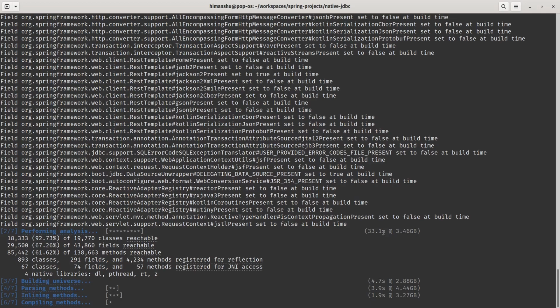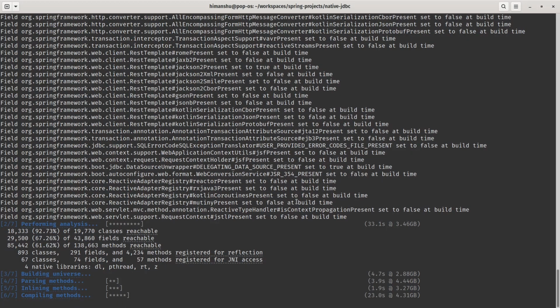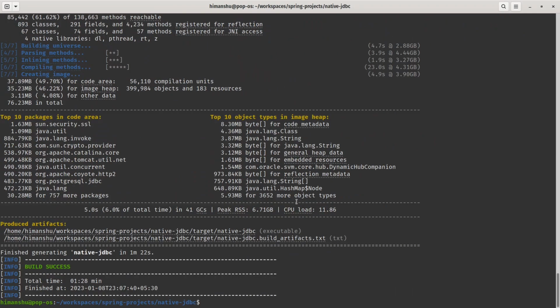So currently our image is in progress. You can see over here, it's a total of 7 steps, currently on the 6th step. Let's see, it might take a bit of time while creating your native image, and once it's done, the boot up speed for the native image is fast. Sorry to say everything, but yeah, the boot up time is very low in your native